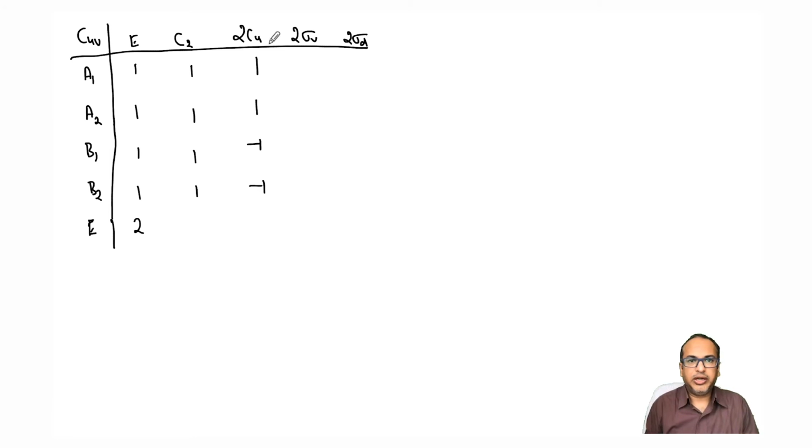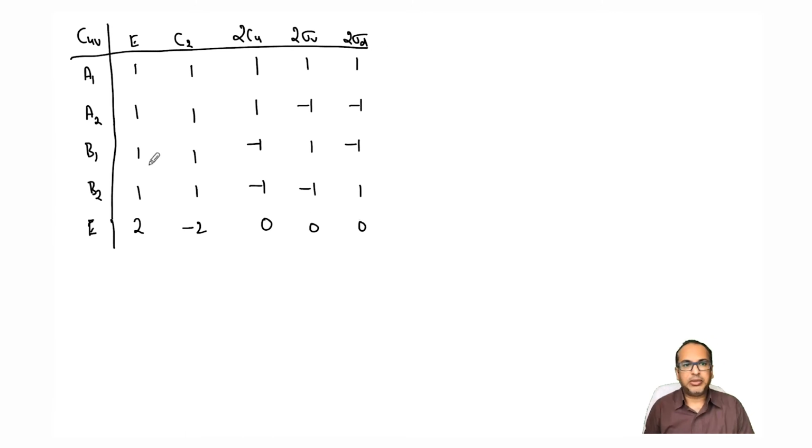This is C2 collinear with the principal axis, and then from sigma v, we can say that this will be positive because this is A1, and this will be negative because this is A2. Similarly, positive, negative, and this also we cannot tell from Mulliken symbols, so we have to look at the notes. Minus 1, 1, and the rest of this also we cannot tell. 0, 0, 0. Okay, but we could still fill a lot of the character table by just looking at the Mulliken symbols, right?